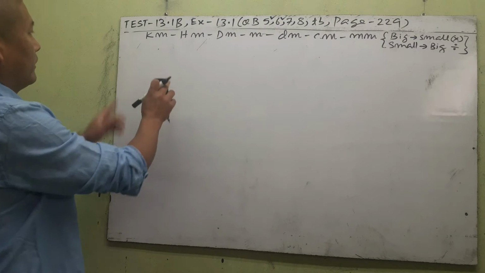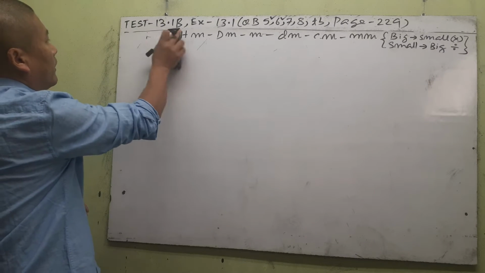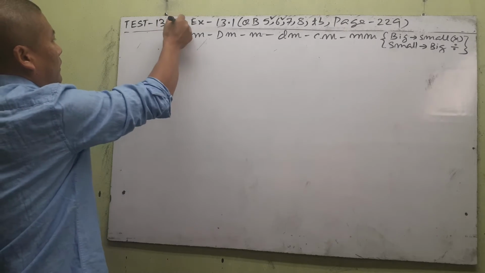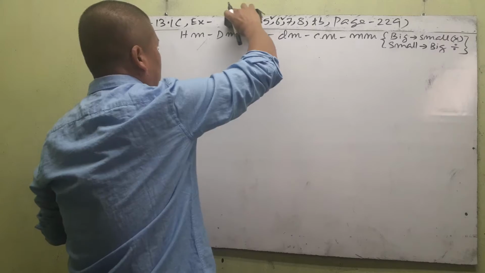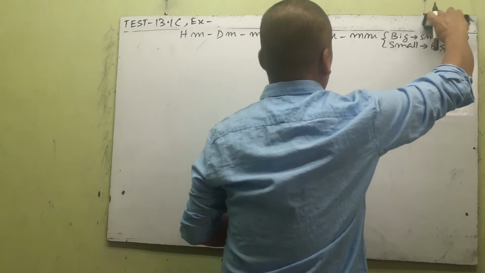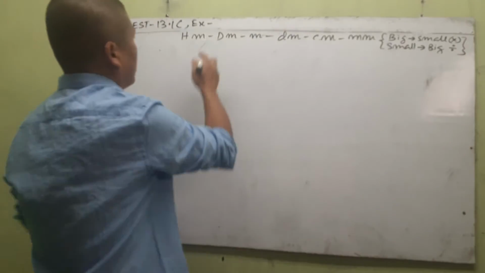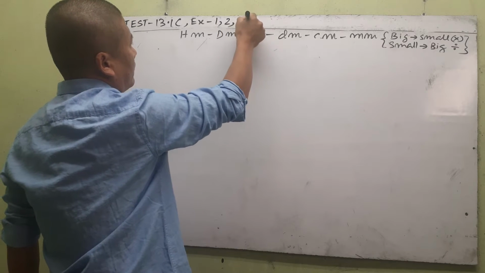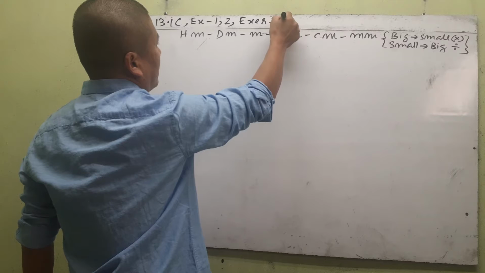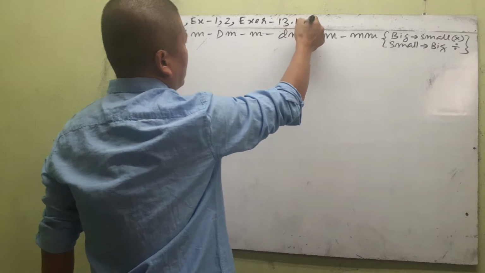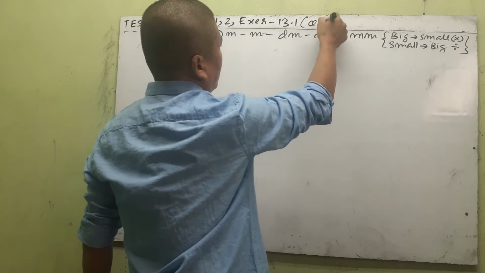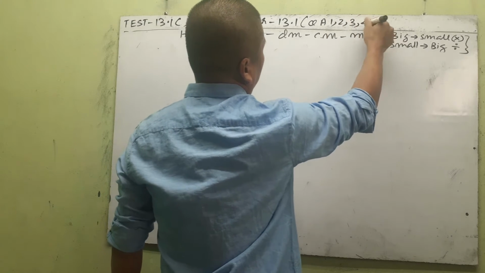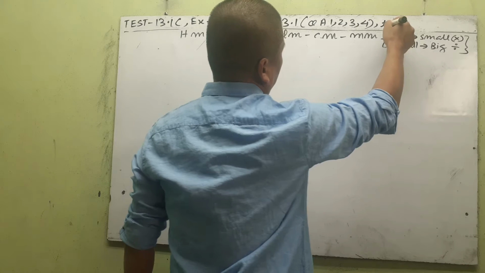Okay, so we'll start the next test part, 13.1C. This will include your examples 1, 2, then exercise 13.1, questions A, 1, 2, 3, and 4. All these you'll find in the textbook